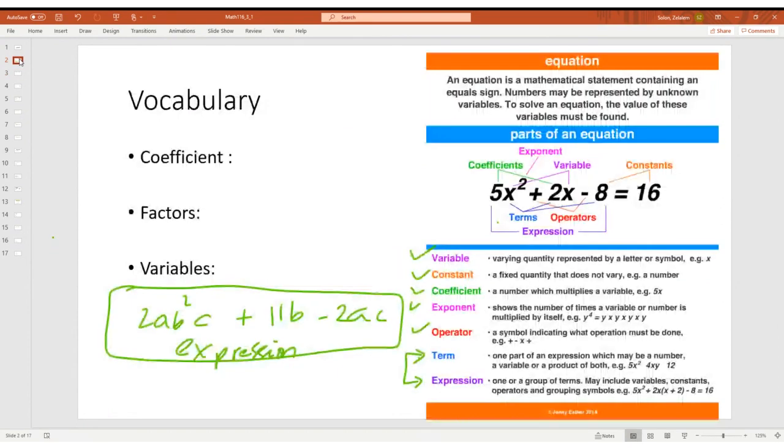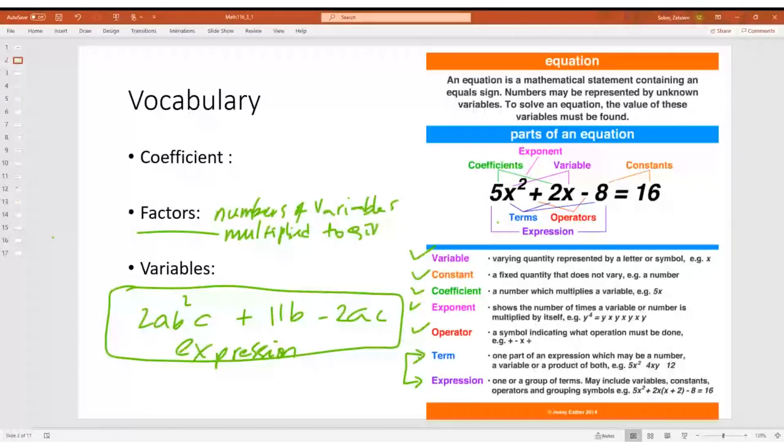So we have factors. These are numbers or variables which are multiplied to give you a single expression. So if I am asked what are the factors of 2ab squared c, so individual